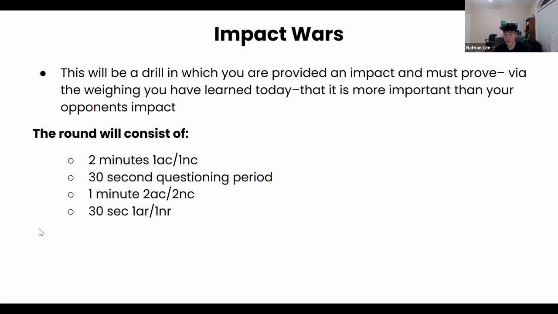Right. Any questions or any other advice from Ad and I? The main bit of advice I would have had would be to centralize clash on the form of weighing that the other person isn't reading. Basically, if in the 1AC, for example, both teams are going for probability and time frame on their case, at the point where you know that, if you can at least keep that point of the clash on their side of the flow and just say, for example, our magnitude weighing matters more than every other form of weighing in this round because of X reason,